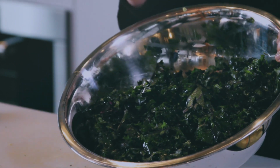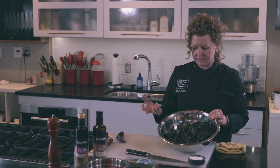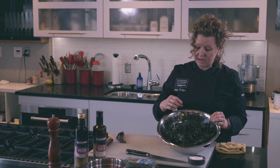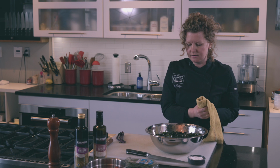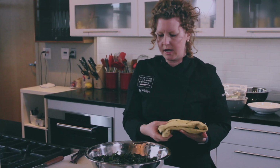As you can see, the color on the kale was brought to the surface and has a nice shine to all the leaves because it has olive oil and that little bit of salt on there. So I am going to call that great and then work on the rest of my